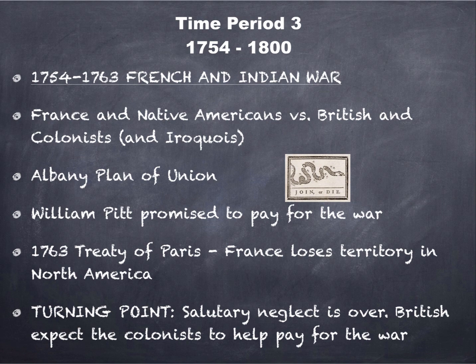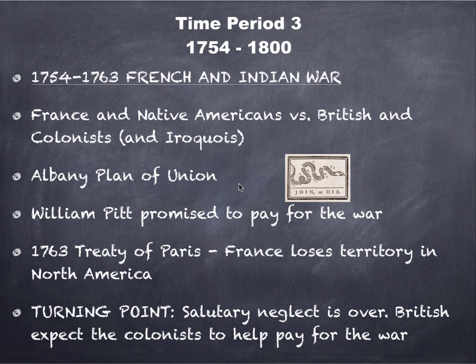They had a little bit of a conflict between forts, and the initial stages of the French and Indian War led Benjamin Franklin to calling for a meeting. It was the Albany Plan of Union, and he wanted the colonists to agree to some form of a colonial